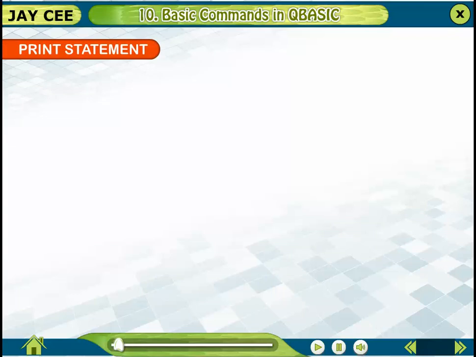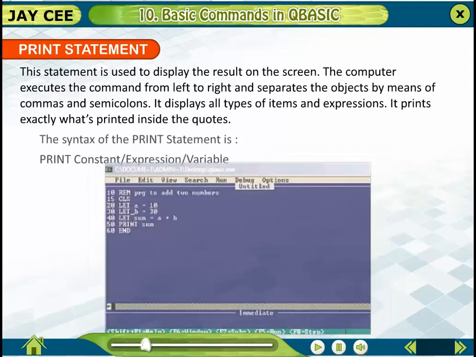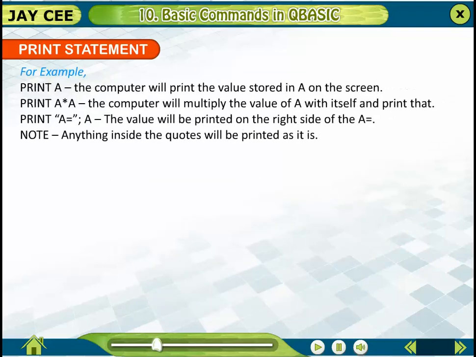PRINT statement. This statement is used to display the result on the screen. The computer executes the command from left to right and separates the objects by means of commas and semicolons. It displays all types of items and expressions. It prints exactly what is inside the quotes. The syntax of the PRINT statement is PRINT <constant / expression / variable>. For example,